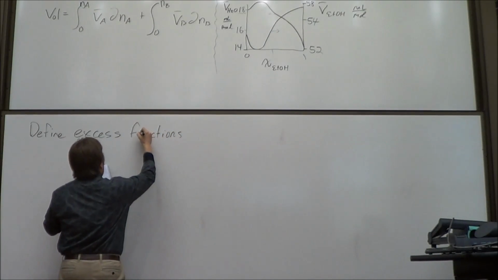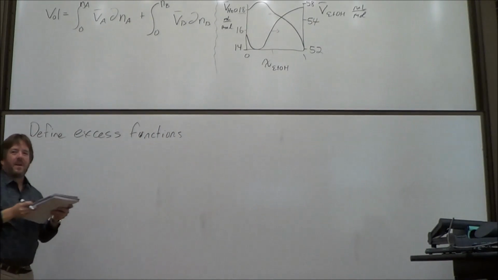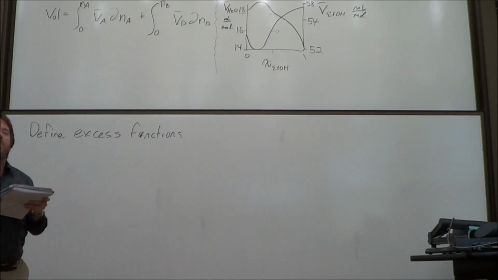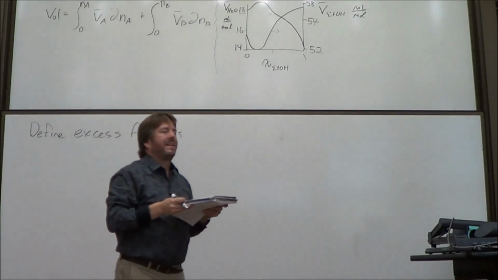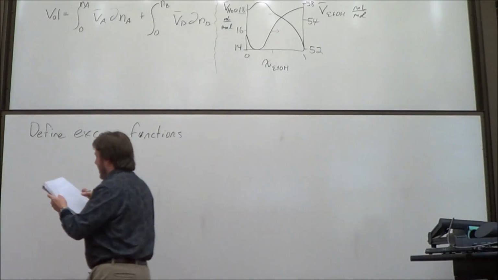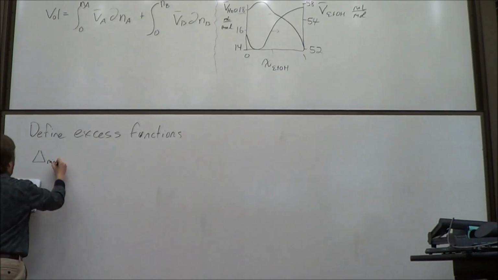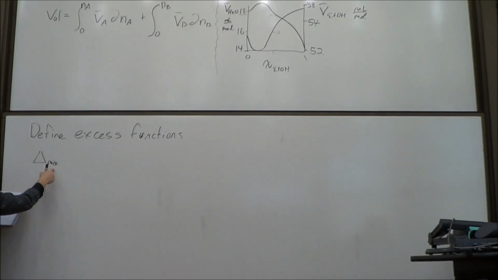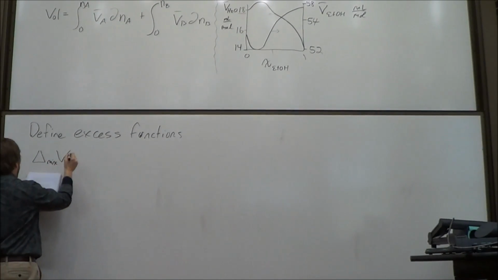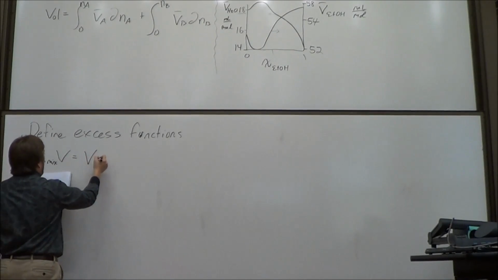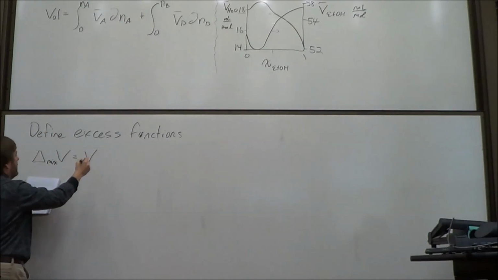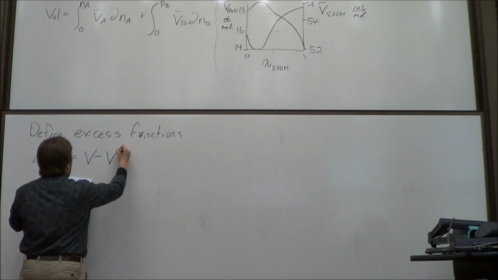Sorry, my handwriting is not great today. Excess functions, these are how thermodynamic properties change when things mix. They are going to be on the cheat sheet. They're very simple. And as usual, I need to put the process, change in what process of what. That's our symbology. This will be the volume that we were calculating before, minus V star. Now what this is,